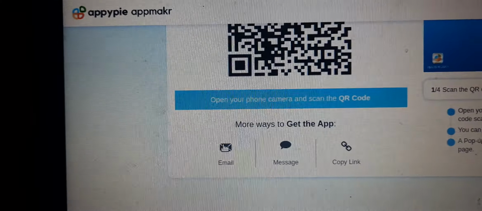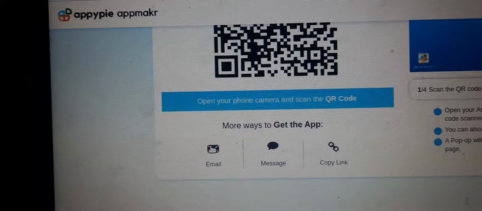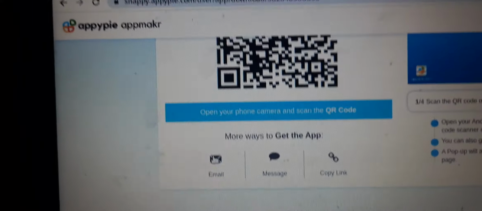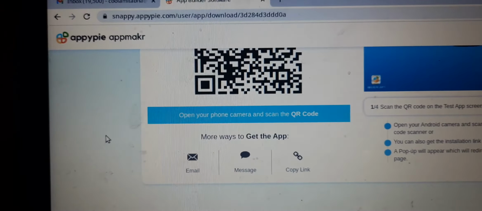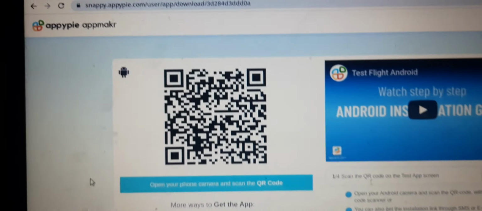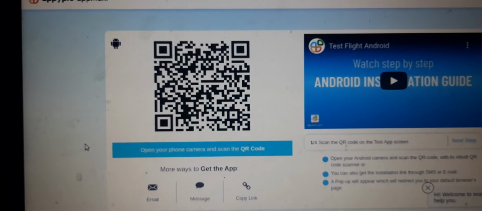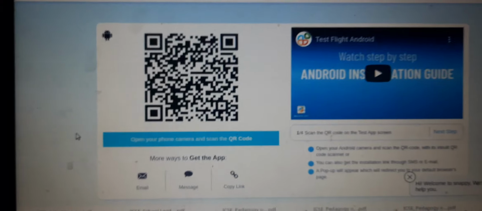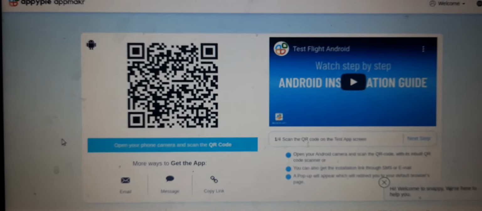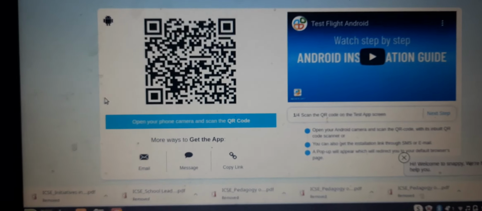There is an email option, there is a message and copy link. Whichever you want, based on that you can get your .apk file, which is quite useful for your learning of app creation.